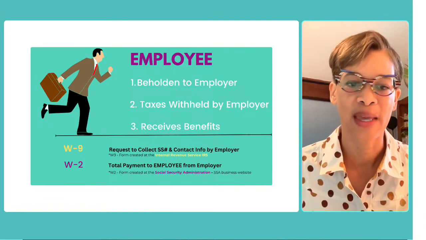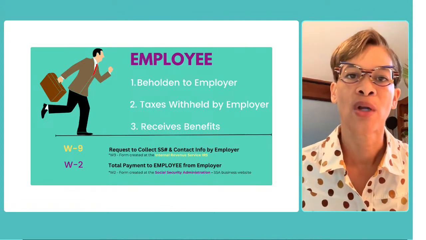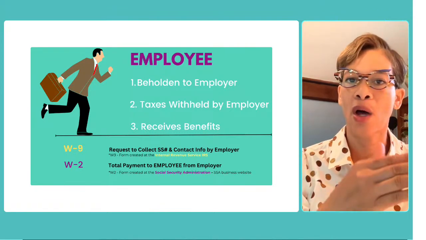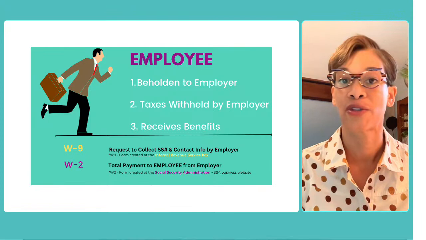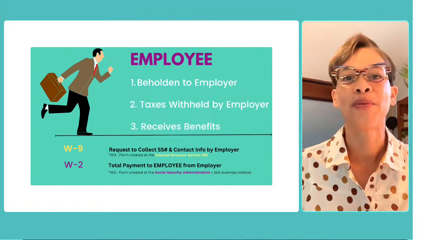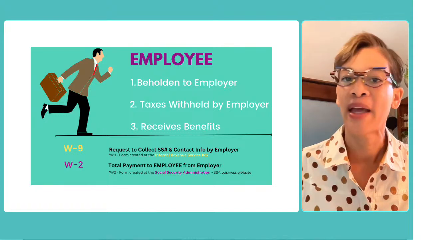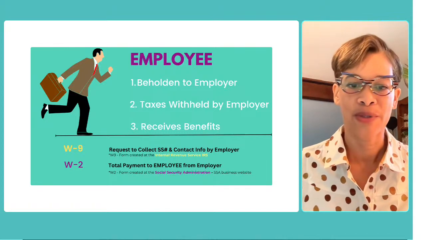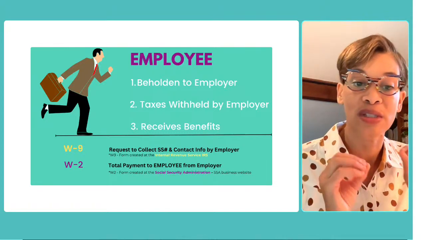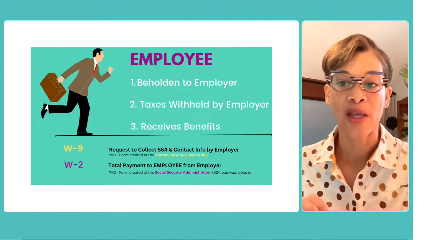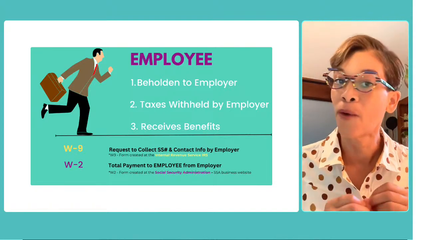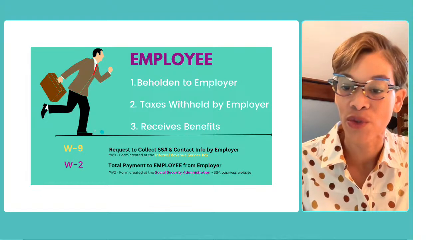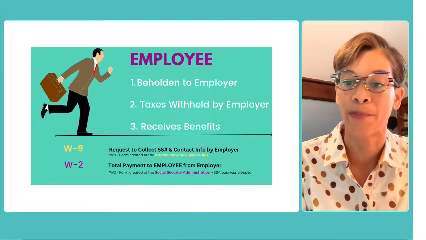But your W-2 form is the form that the employer issues to you for you to remit with your taxes, that has all of your gross pay plus all that was deducted or withheld and remitted as far as Social Security, Medicare, and also the taxes for your income taxes. And that was issued by the Social Security Administration. So this is what I want you to know. If you're an employer and you have to issue a W-2, that form does not come from the IRS. It comes from the Social Security Administration. That is what you need to know.